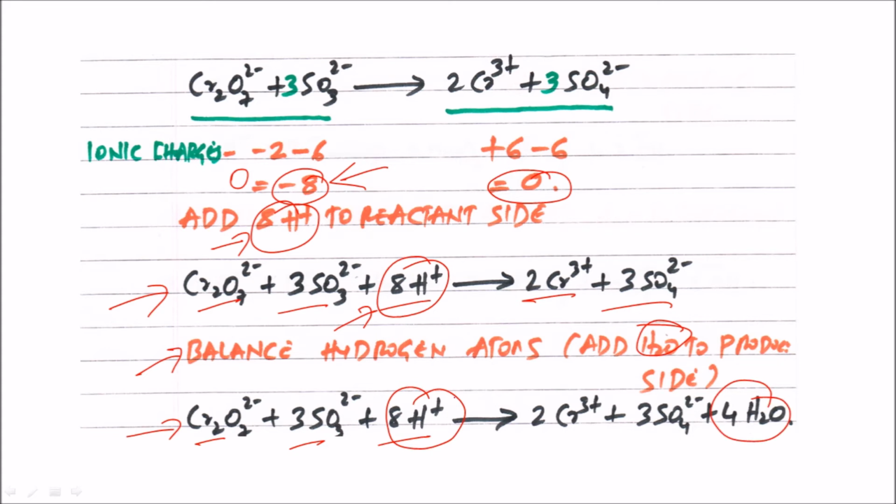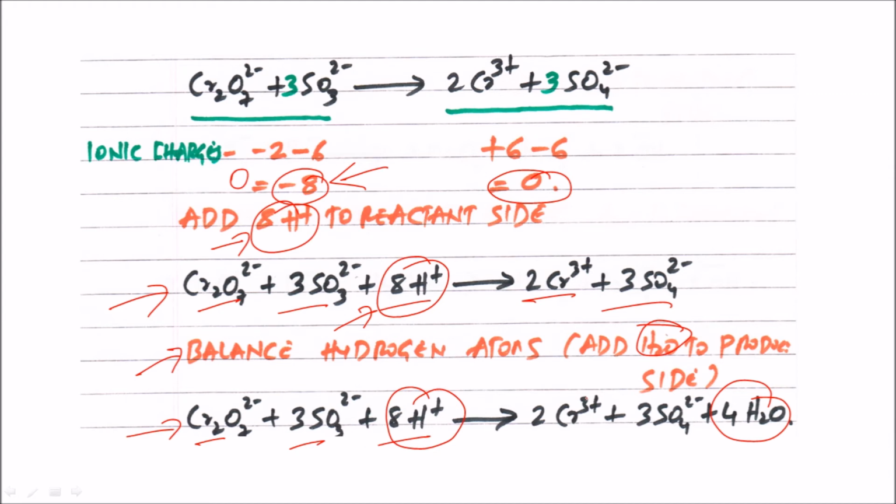And if you see the reaction, it will be balanced in terms of electrons and charges, as well as all atoms. We can see the chromium, oxygen, sulfur and hydrogen balanced, okay? All atoms are balanced. So in this way we do balancing of redox reactions by the oxidation number method.